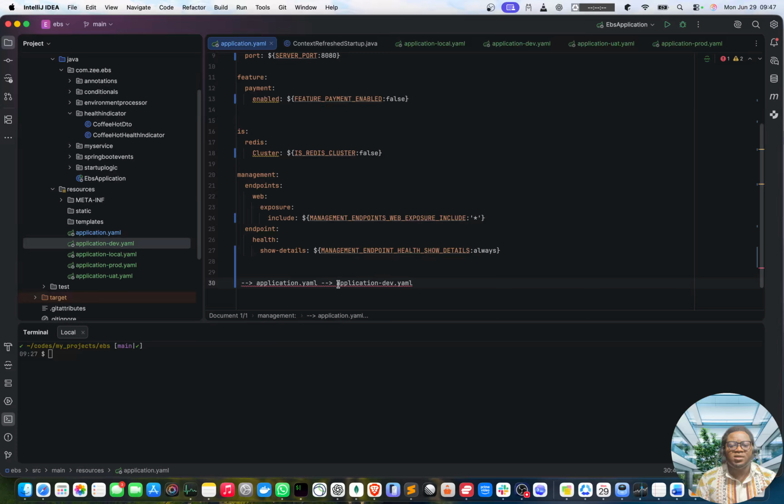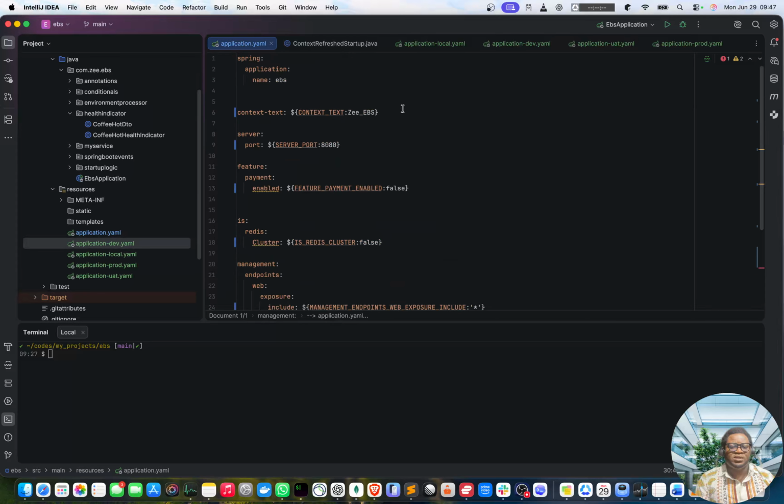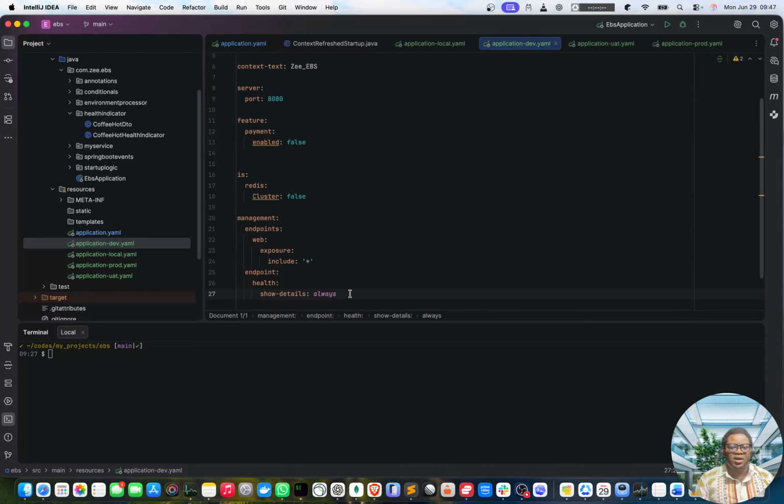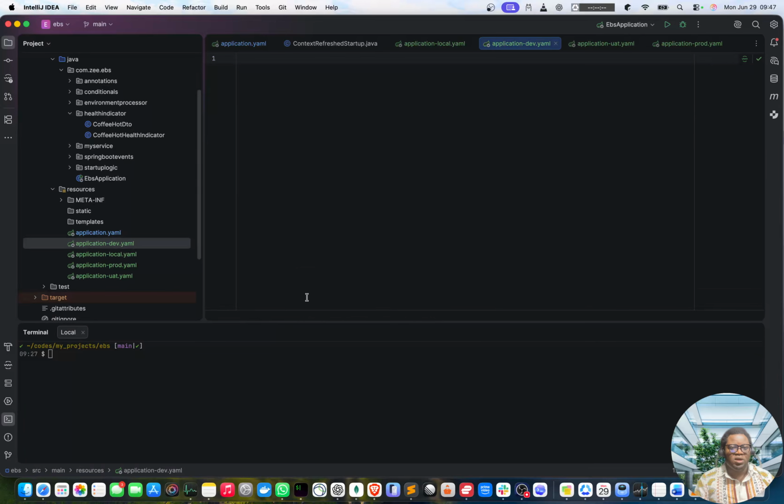Now, what it then does is, if there's any conflicting property, let's take this and put this in dev. Okay, I wanted to remove this, so let's remove this also. Let's say we now have this in dev. And now label this to be ZEBS 2222, right? If we do this,